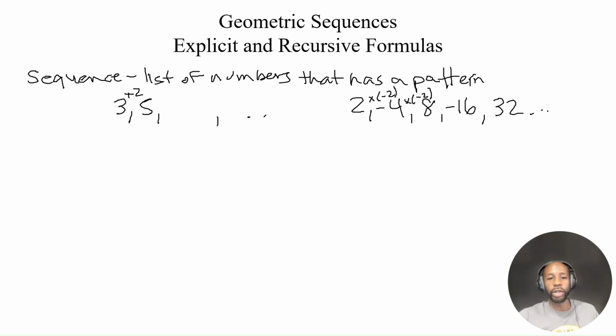So I'm going to erase that. I'm messing up my notes and everything. Let's put our P back. Now this is a geometric sequence, and a geometric sequence is